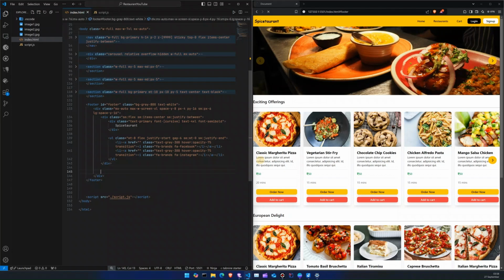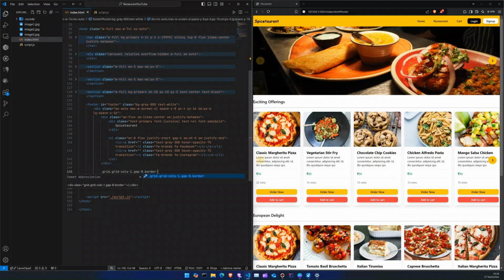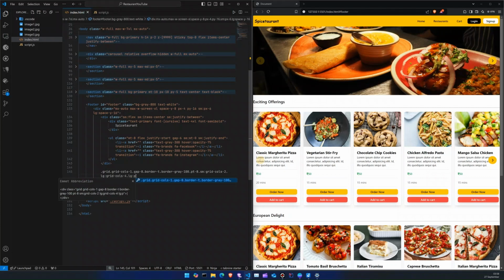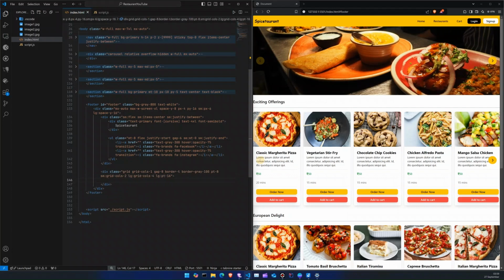So after this, what I'm going to add is a grid, grid-cols-1, gap-8, border-t, border-gray-100, pt-8, sm:grid-cols-2, lg:grid-cols-4, lg:pt-16, like this. Alright, I will have 4 div tags,